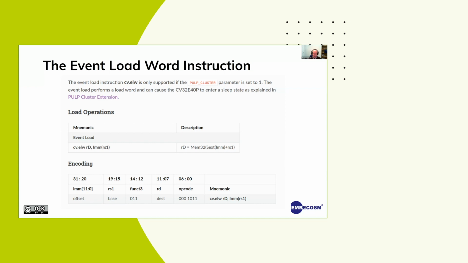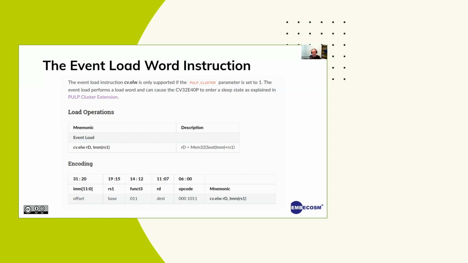Okay. And what we've got here is the page from the CV32E40P version 2 manual, and it tells you what the operation is. It's event load. It tells you what it does and what its assembler mnemonic is, and it tells you its encoding.